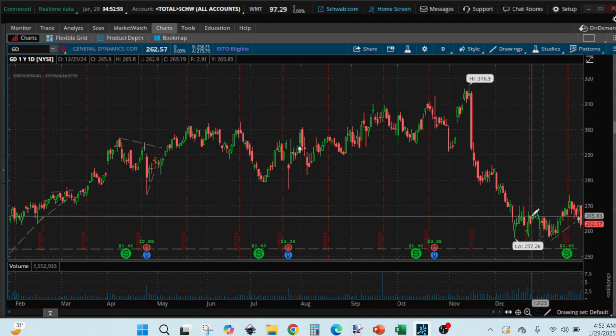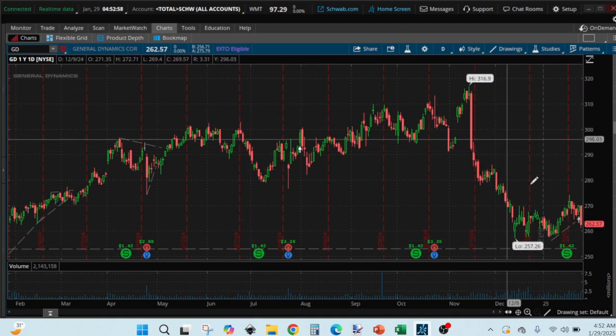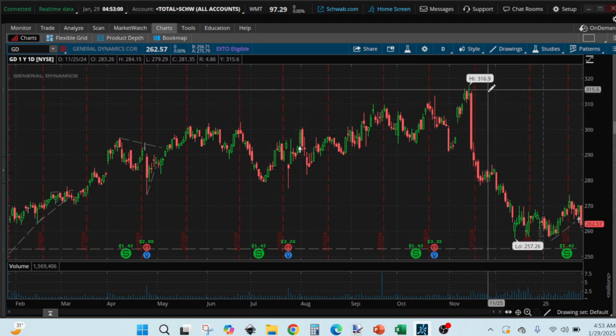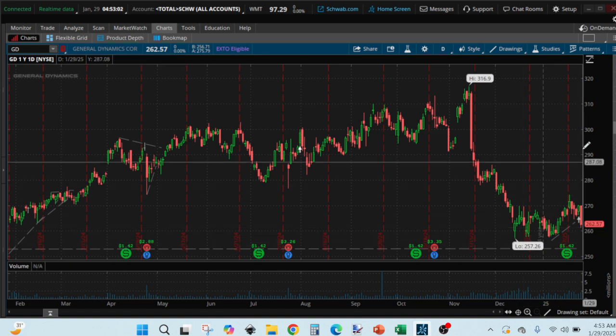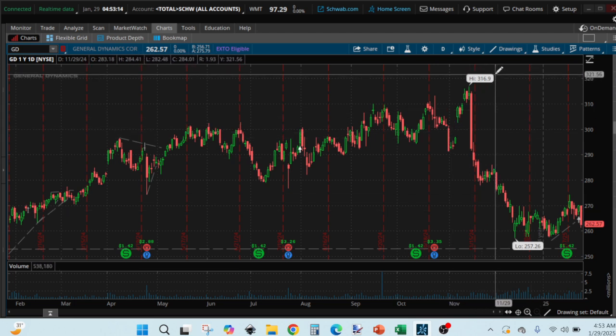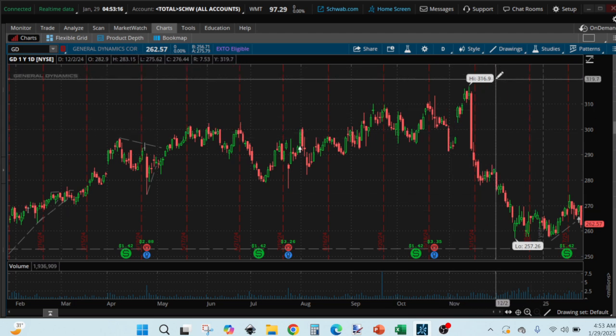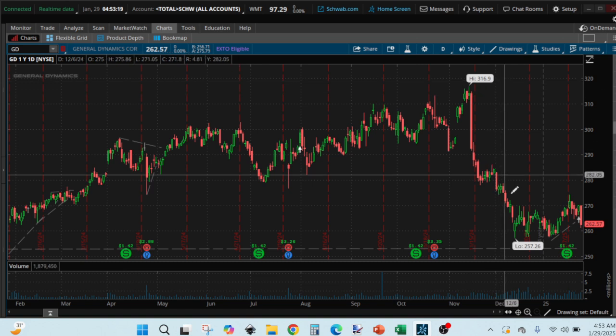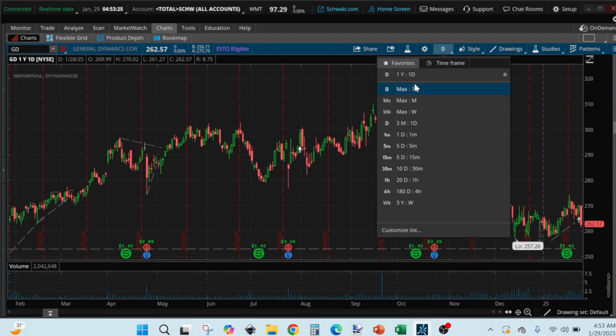But buying it close to the 52 weeks low, we could aim for, why not, halfway between the previous high and the low, or we could wait for the next high. We'll see how it's going to work out. With the upward stocks, they do reach new highs often. So now we are going to go back to our maximum daily chart,